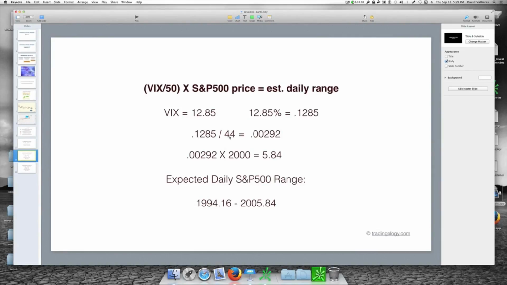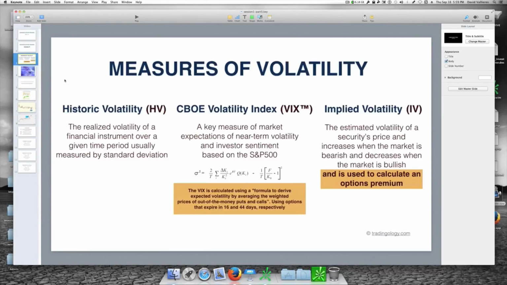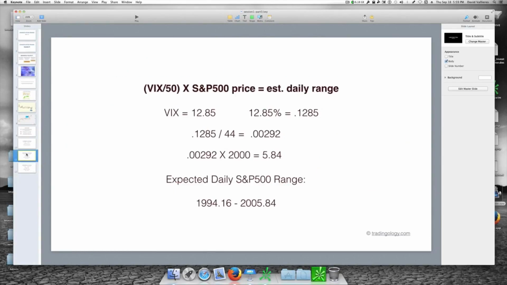Remember, 44 is the options expiration that we're using; 44 days was the longest period of time they use in the calculation of the VIX. Then we take 0.1285 divided by 44, which gives us 0.00292,